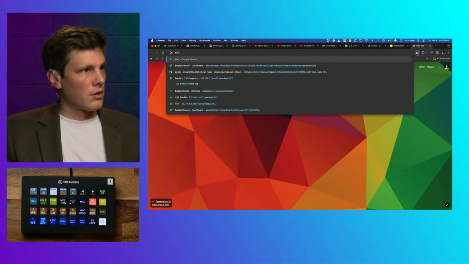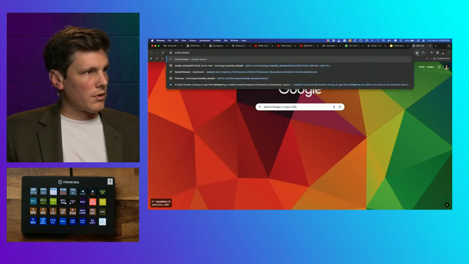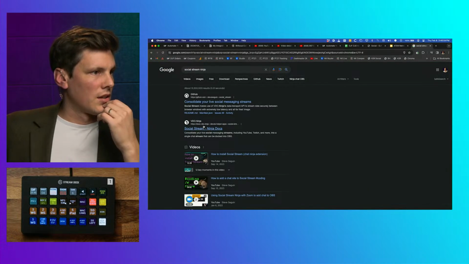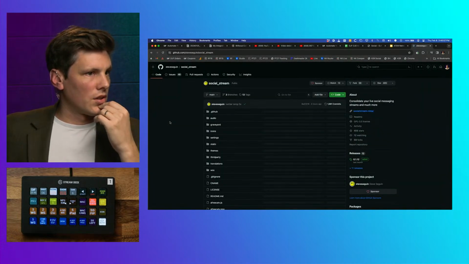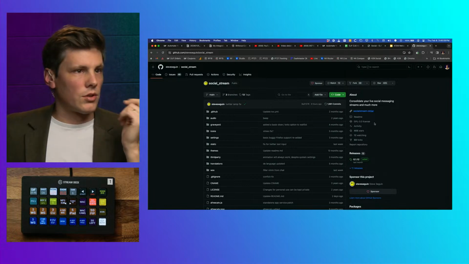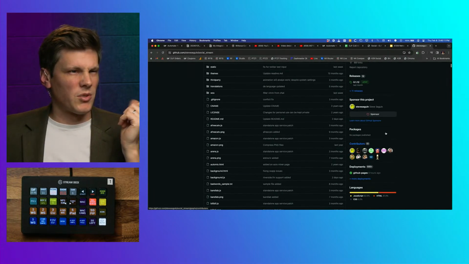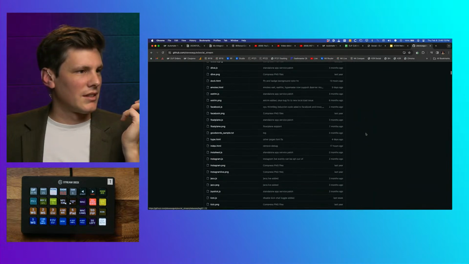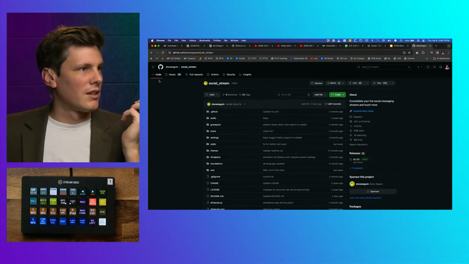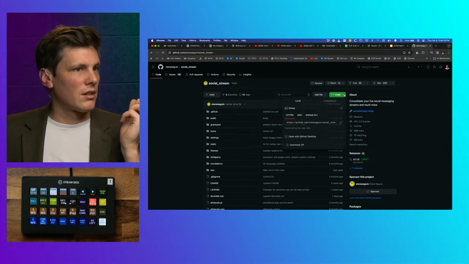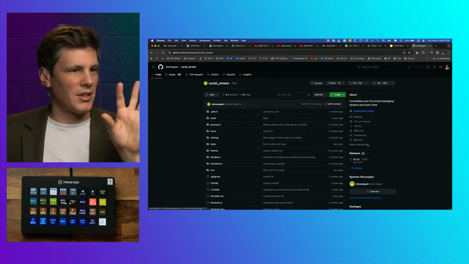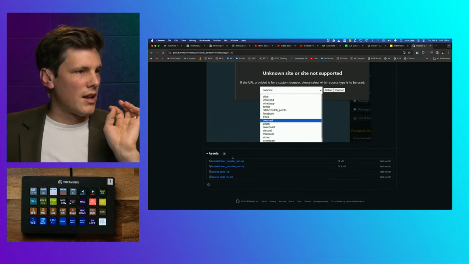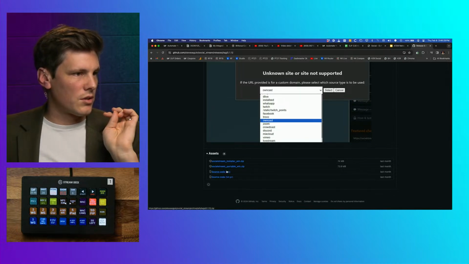If you go to Social Stream Ninja, like so, where is that? Under here on GitHub, you would go to, I'm trying to remember, I did this a while ago. Is it this one? I can never remember. Actions, code, I think it's somewhere in here. What am I doing? This one. New in this version. I haven't done this in a while. Okay, so there's Windows, or